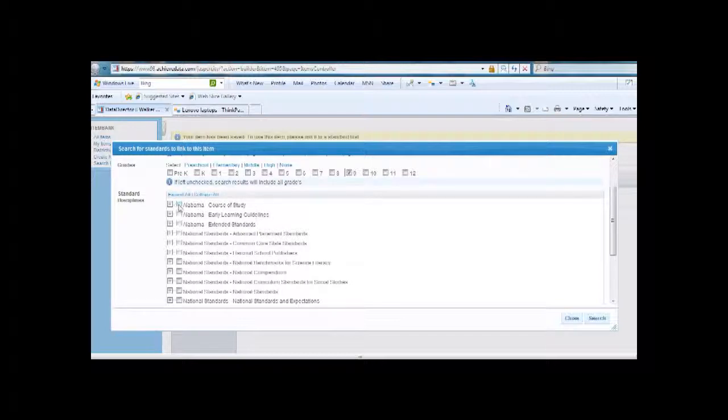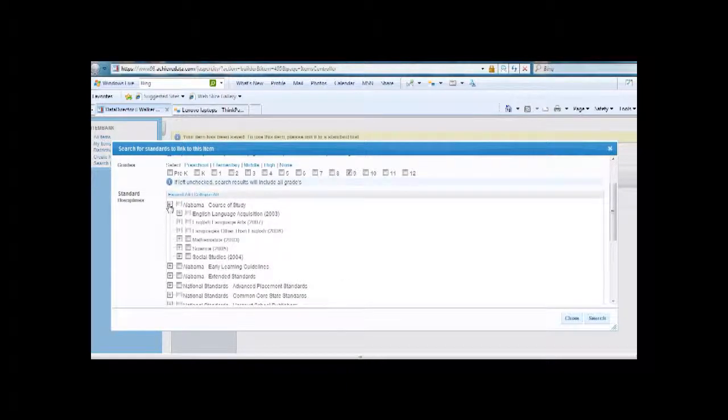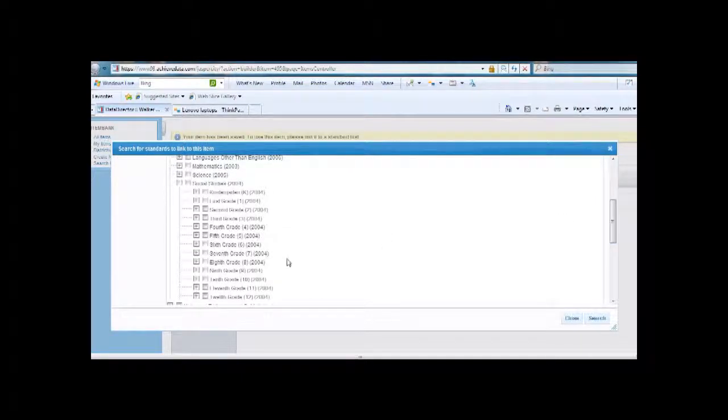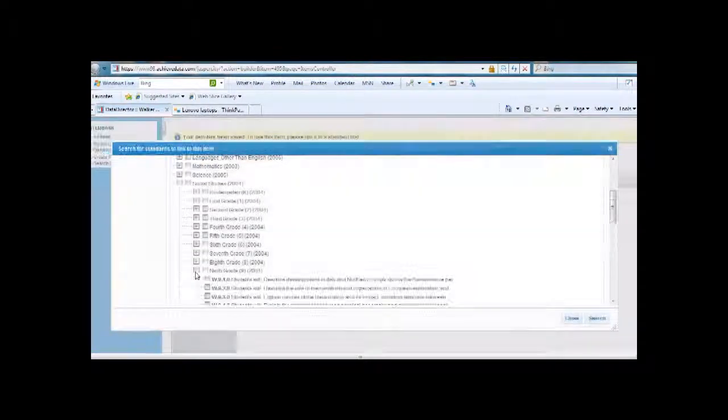Please don't check the box. If there's a plus sign here, then that means it will expand so you can be more specific about what part of the course of study. I choose Alabama. I'm going to go down. I'm going to choose social science and click the plus mark. Don't check the box just yet. I'm going to go on down to 9th grade. And then I can select the standard that I want, ask it to search,